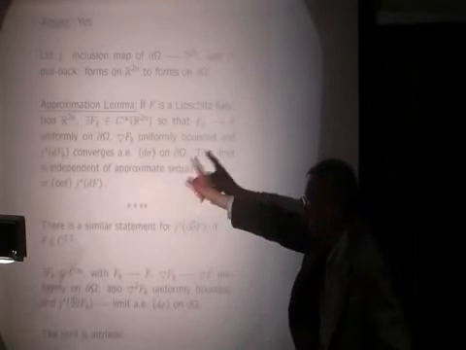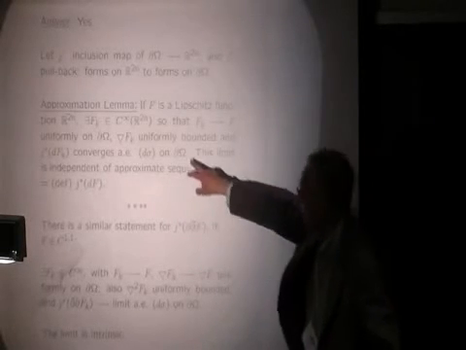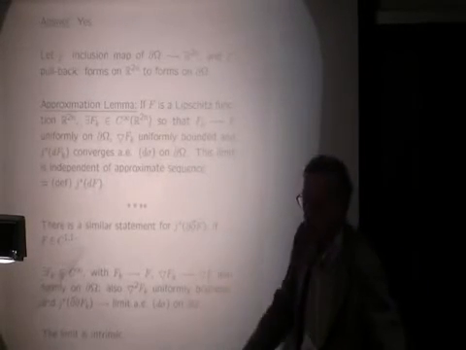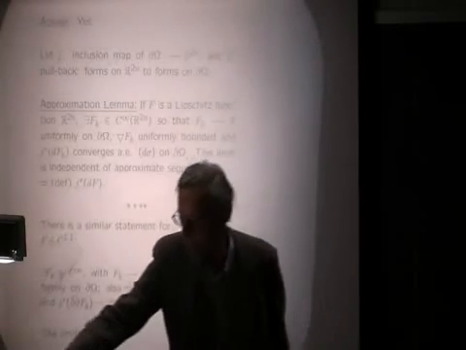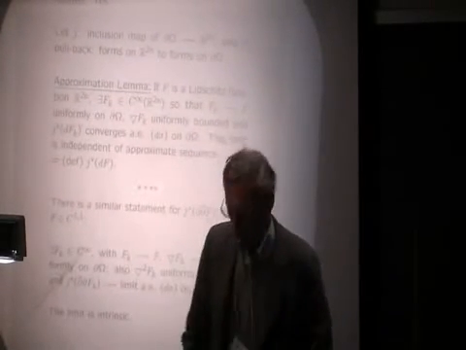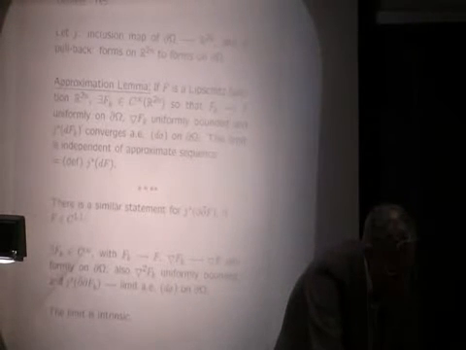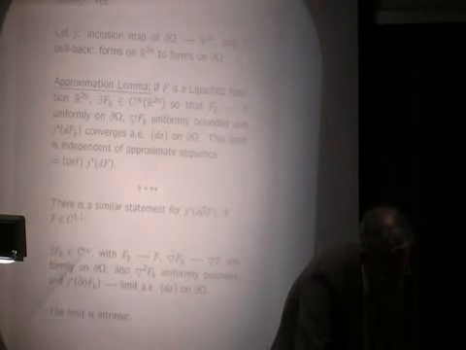The coefficients converge, and of course boundedly, almost everywhere with respect to the boundary measure. And similarly, when you're in the C^{1,1} case. So that is one of the main lemmas that has to be proved, and there is